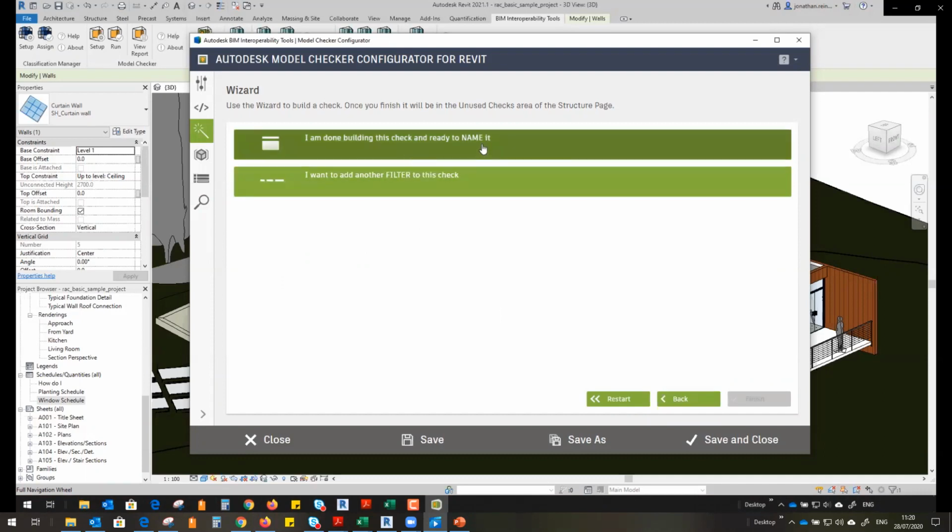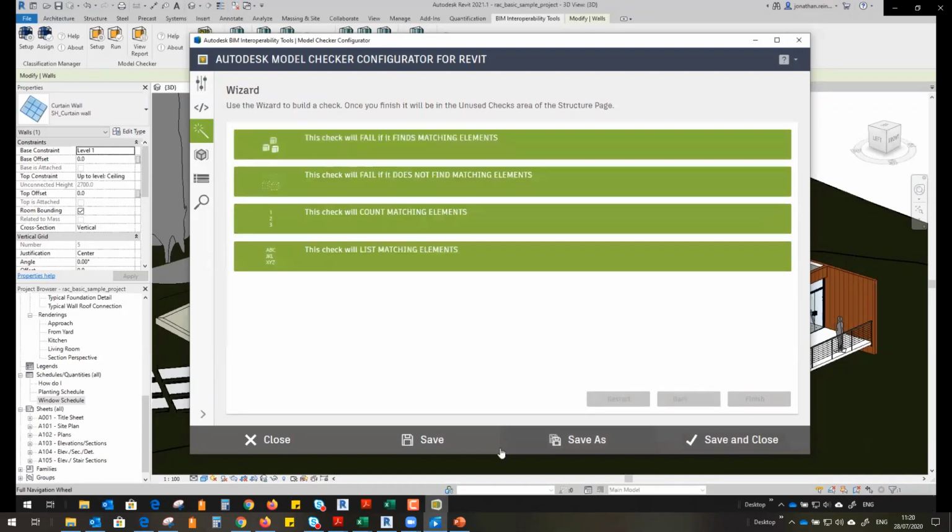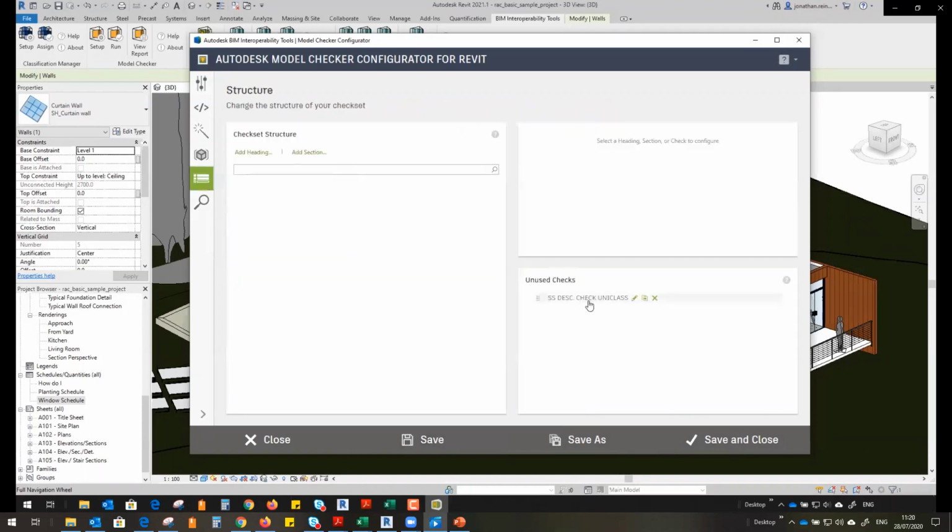So I'm done with this check and ready to name it. So I want to call it SS check uni. Sorry, that was SS description Uniclass. So I know when I come back to it. You can put in the description if you want. So that's fine. I'm going to hit save on that, and now I'm just going to go down to my